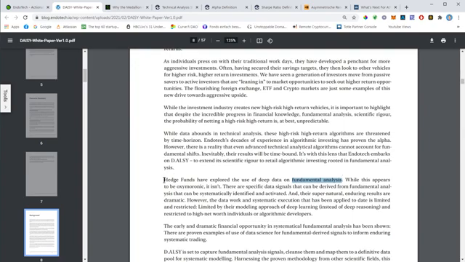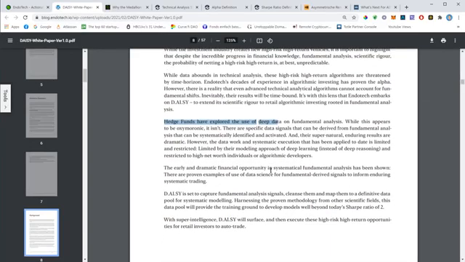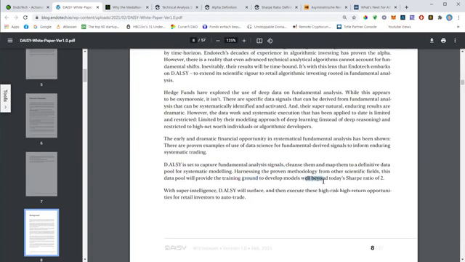And some of the hedge funds have already explored the use of deep data on fundamental analysis. And this is something Daisy will try to do with the new super intelligence, because so far they've been focusing on the technical analysis, and with the new super intelligence, they are hoping to capture some fundamental analysis signals. Okay, and they want to develop models that can go well beyond the Sharpe ratio of 2,